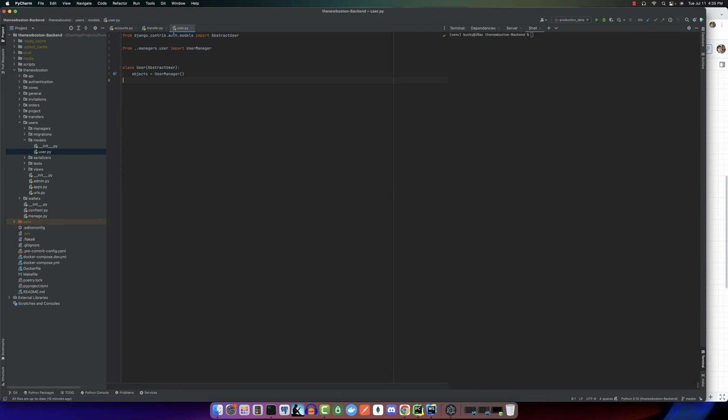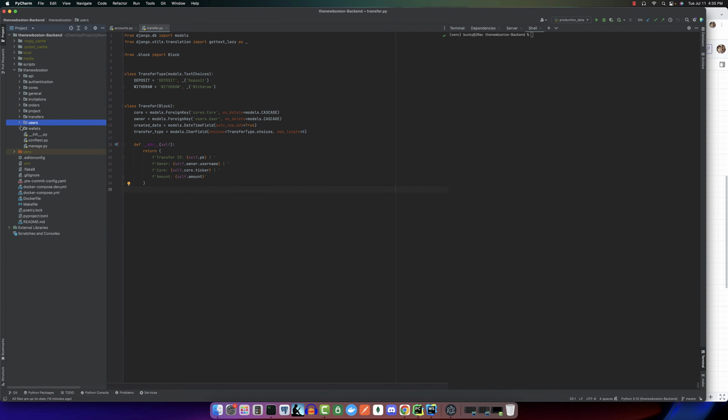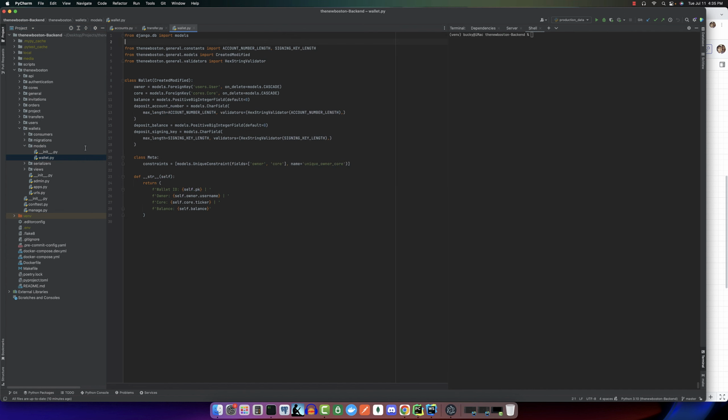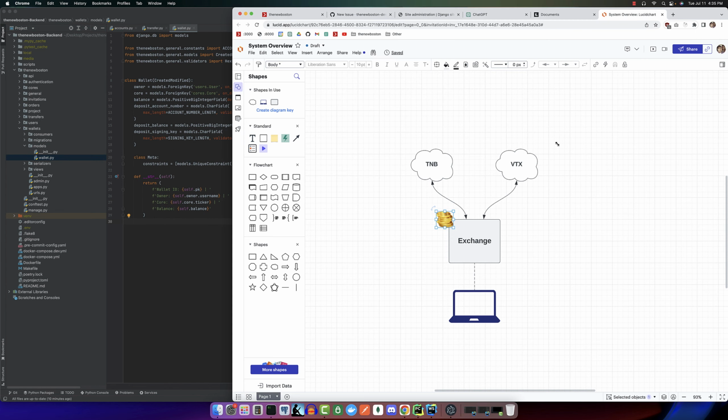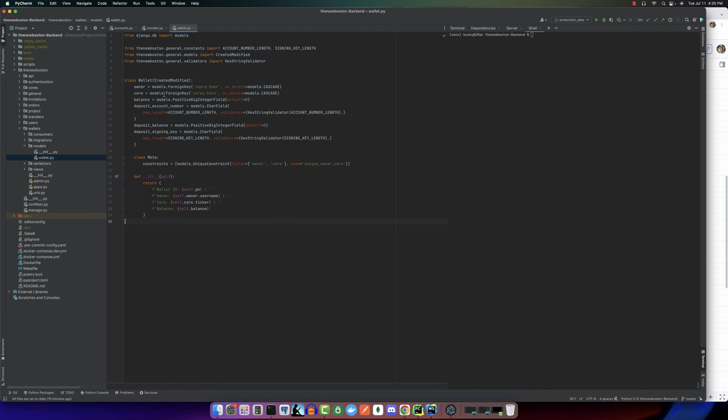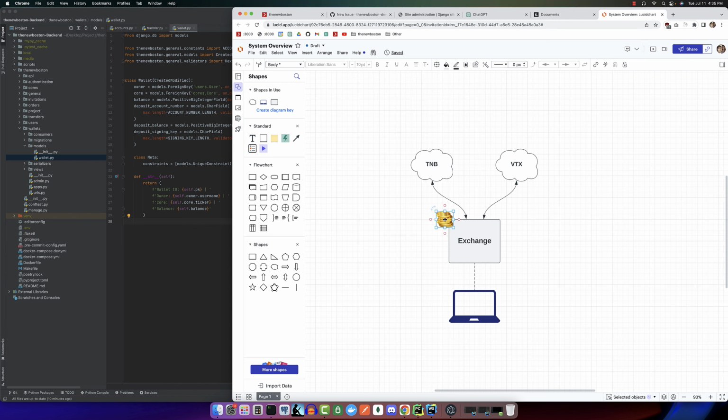So the other type of transfer that I don't have yet, but if you see this wallet object, once those coins are deposited to the exchange, whenever a trade happens, for example, someone trades TNB for VTX, that trade never actually hits these external cores. So basically you're on a credit system until the point where you deposit or withdraw. So in that sense, I was thinking of naming this external transfer and then these internal transfers,